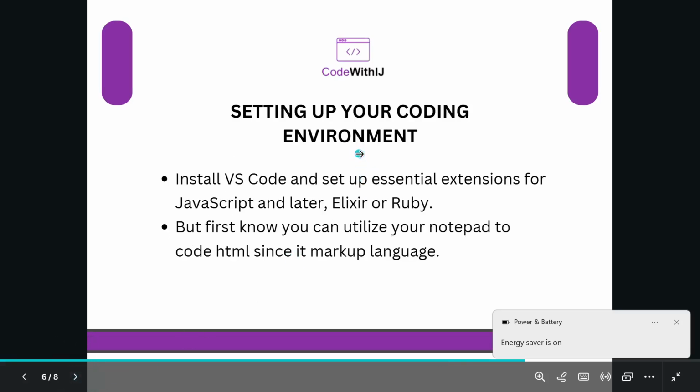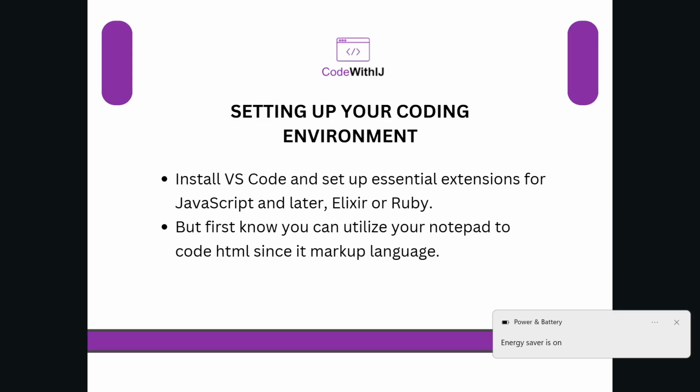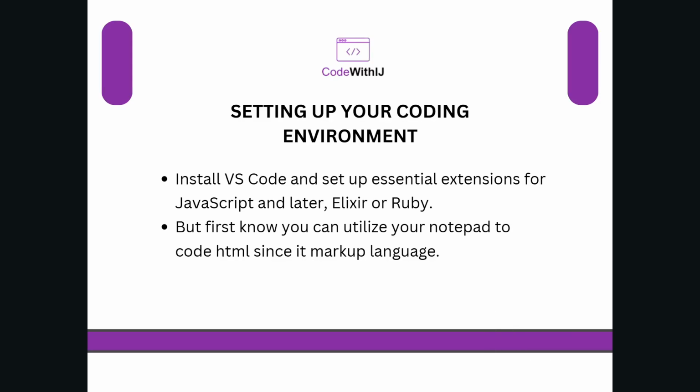So we have setting up your coding environment. You can install VS Code and set up your essential extensions for JavaScript, and later expand it to Ruby or Elixir. So in JavaScript, we have Prettier, a code formatter that you can install in your VS Code. It's an extension that helps your code be formatted in the right order, so that somebody who wants to debug your code will be able to understand what you are writing. But that will be for another video. In another video, we're going to be diving into VS Code and talking about essential extensions you need